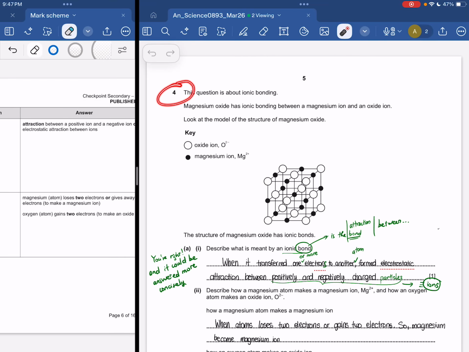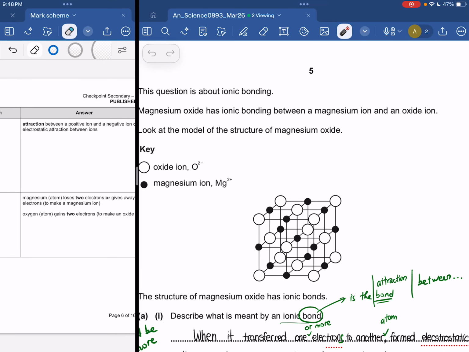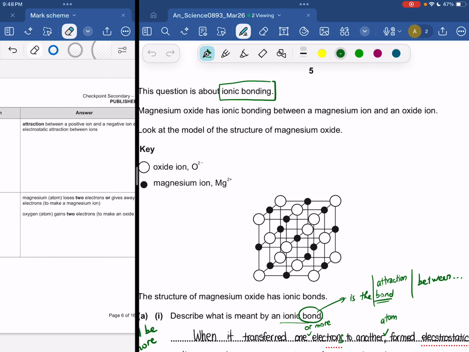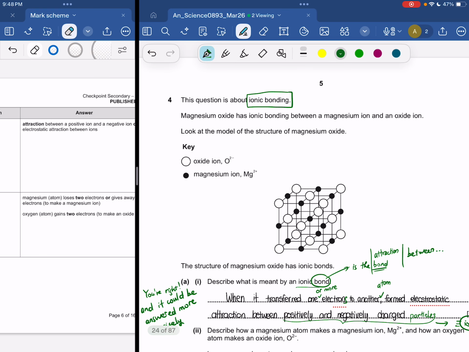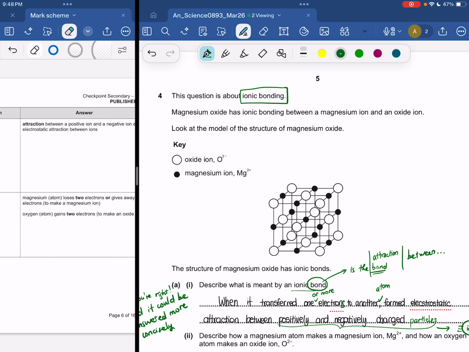Okay, for this question number 4, it's about ionic bonding. So keep that in mind. The focus of the topic for question number 4 is ionic bonding. And then they introduce a structure of magnesium oxide, which has an ionic bond between the magnesium ion and